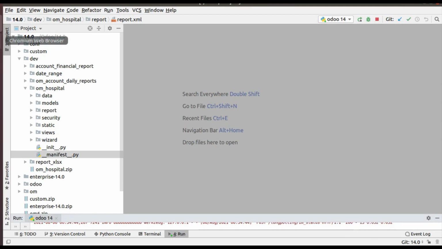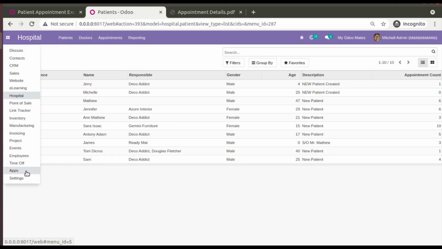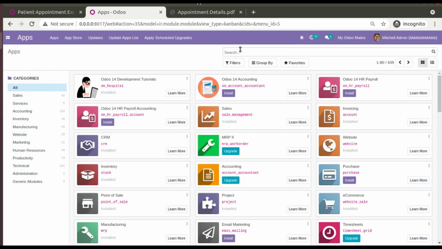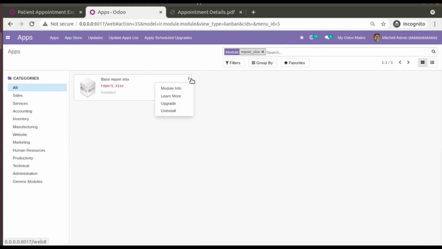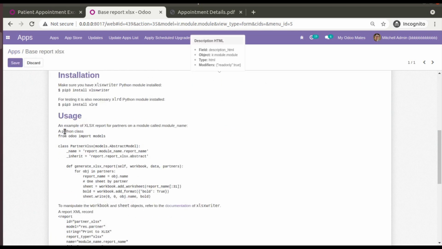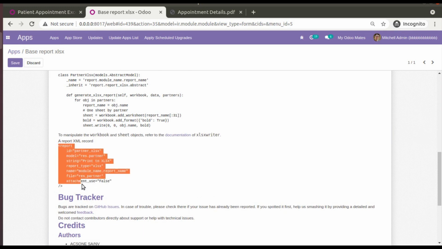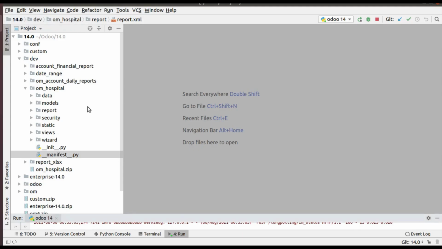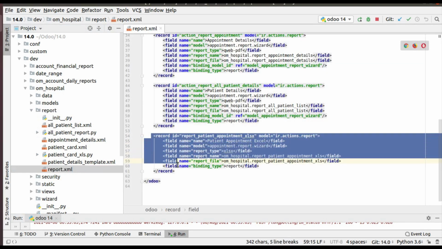But before that, let me open the report XLS module from the OCA report XLSX, and if I click on module info, you can see usage. Simply you have to add a report tag. So this is how we can add a report action in the previous version. In the latest Odoo 14, you have to follow this syntax, the syntax that we have shown now. You have to define it like this.